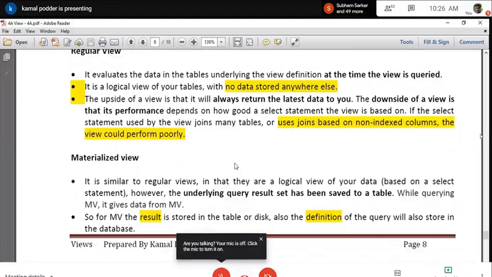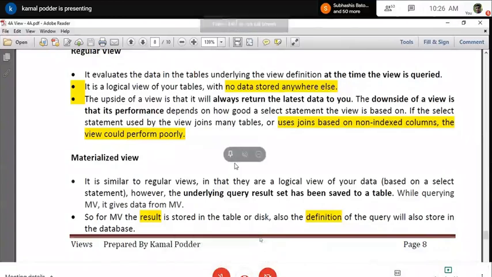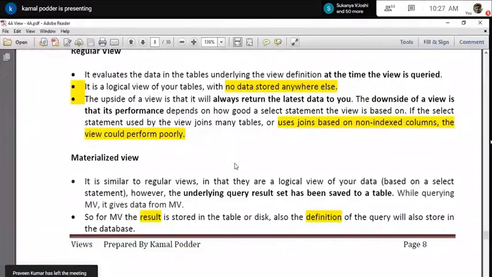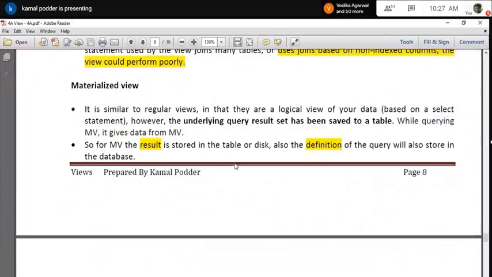But the downside, as I have already told you, is that performance is a little bit slow because it is always creating the execution plan and then running. Say if you run that particular view 100 times in a day, that means 100 times you have to do that execution plan creation. So it is sometimes time consuming. And if there is a non-indexed column in the view, or a complicated view whose base table has millions of records, it will take more time.